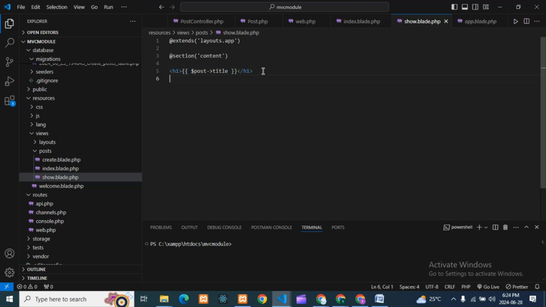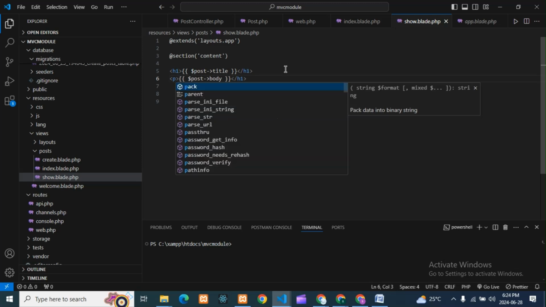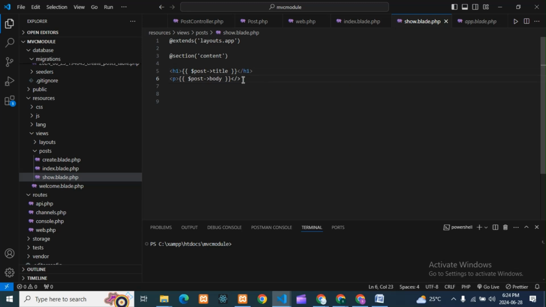Next we'll show the body. Okay, title and body we're showing. Body will take some small things here, guys. It is very big, so we'll take a p tag, and here we'll take an anchor link. Then here what will come, guys, is comment.